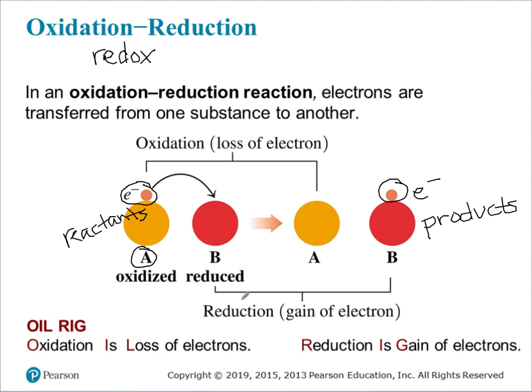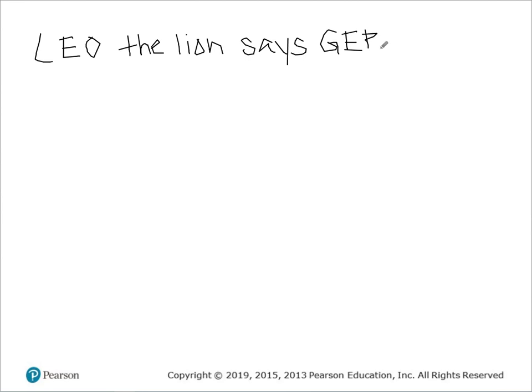If you lose an electron, you're oxidized. If you gain an electron, you've been reduced. There's a mnemonic that you can use to remember that. It's called OIL RIG. Oxidation is loss of electrons. Reduction is gain of electrons. So that's OIL RIG. Now I learned something different when I was in school. I learned about Leo the lion and how he says grr, which is very silly, but